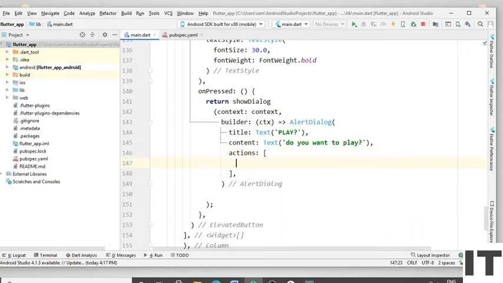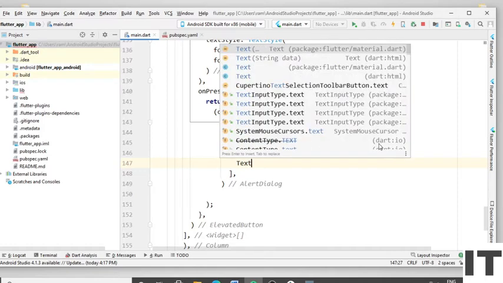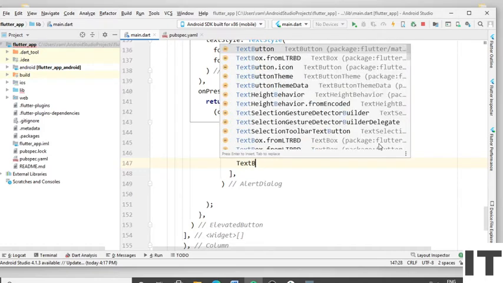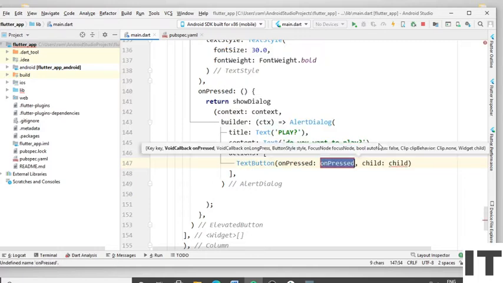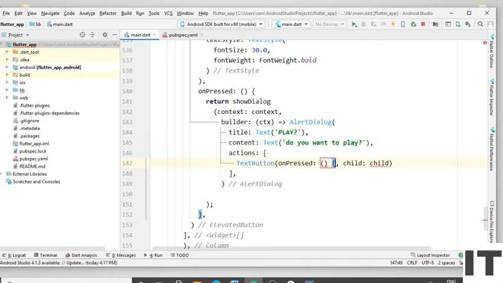Again press the enter and type the text button. Remove the onPressed text and put the round bracket and curly bracket. And remove the child text. Type in the onPress method.